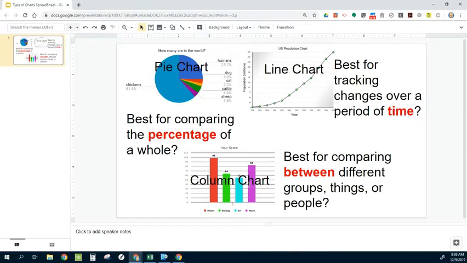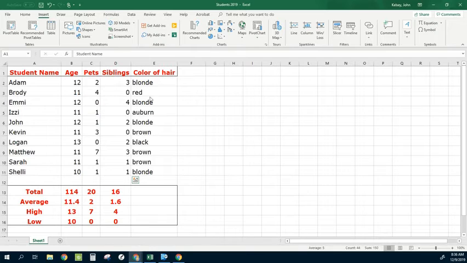The third type of chart is a column chart. There's also one called a bar chart, which looks the same except it goes sideways instead of up and down. That is best for comparing between different things, groups, people, whatever they are. If you're trying to compare them to each other, rather than over time or worrying about a percentage, then you would use a column chart. If you're looking at this, I don't have anything about percentages in here. I don't have anything about a period of time. Nothing's changing over time when I am comparing my data here. So that's telling me I'm going to use a